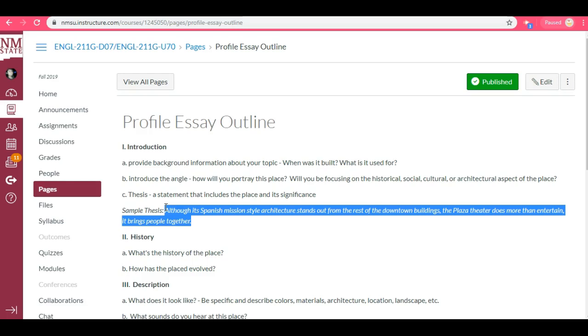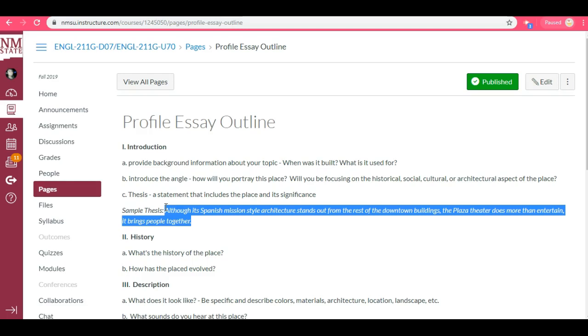So basically, if I was writing about the Plaza Theater, I'm not going to focus on it being a source of entertainment. According to this thesis, I am going to focus on how it brings people together. So as I'm describing the place throughout my essay, I would really try to emphasize that it's a place where people come together. It's a place where families come and enjoy themselves. It's a place where people bring their kids, their grandparents. So basically, as I describe it, I would keep this in mind so that I can really emphasize the bringing